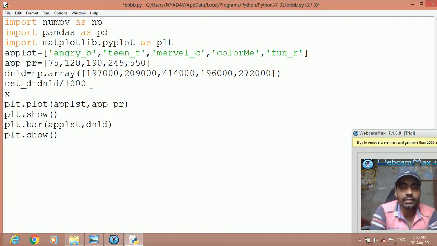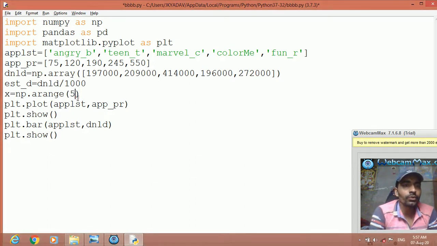Let us write x equal to np.arange of 5, because 5 items are there. To plot the multiple bars we have to take the values like 1 2 3 4 5. So 5 bars are there, so we have created an array of range 0 1 2 3 4, 5 values.